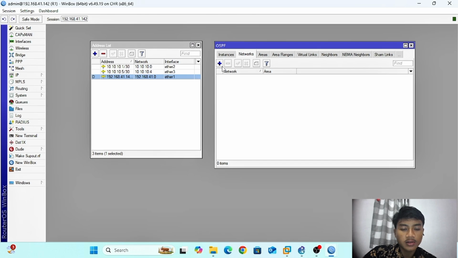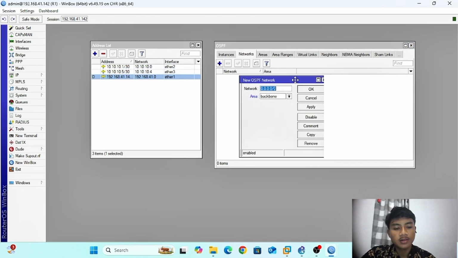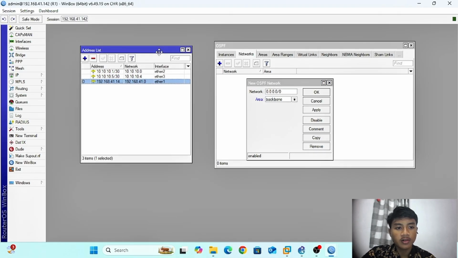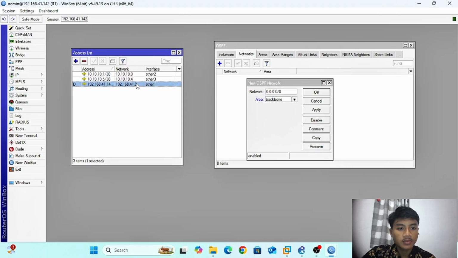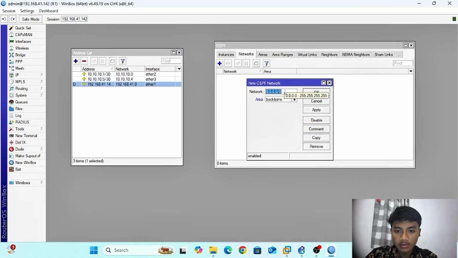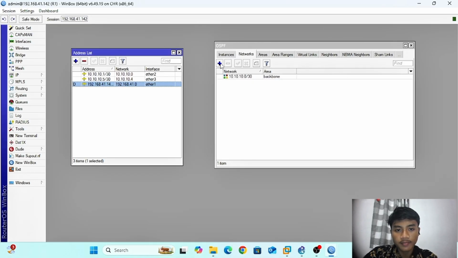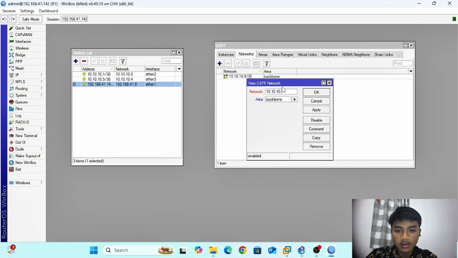In tab network, I will enter the network from the router IP, like this: 0/30 apply, and 10.10.10.4/30, and 0/24.